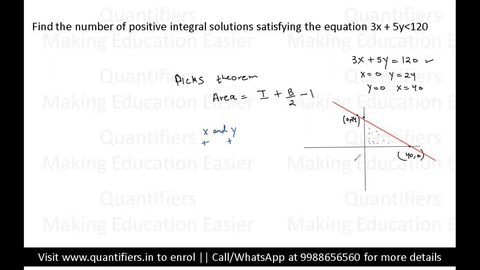So students, now I'll tell you how to apply Pick's theorem here. Pick's theorem says that area is equal to I plus b by 2 minus 1. अब इसको हम कहाँ अप्लाई कर सकते हैं एक बारी वो देख लेते हैं. Students, first of all, you can apply this theorem only for those figures which are made by straight lines.